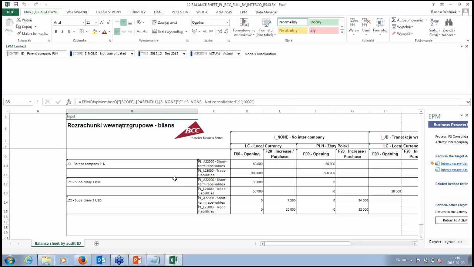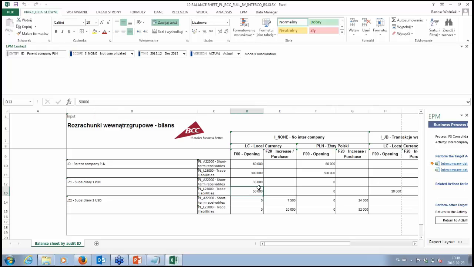So let's assume we have subsidiary 1, and they have, in summary, 50,000 in the trade liabilities.